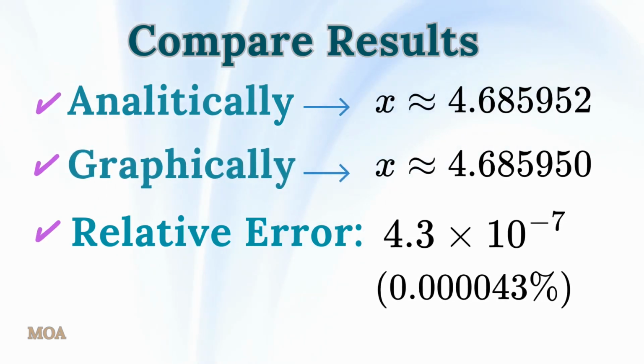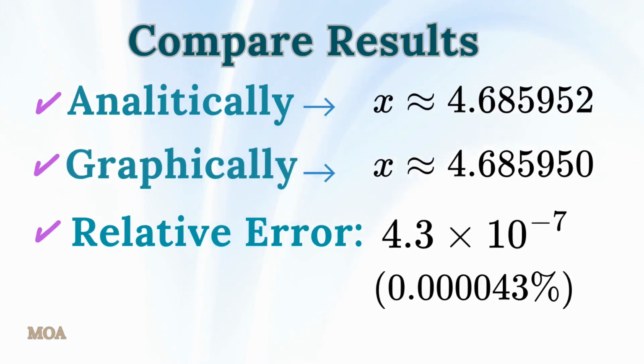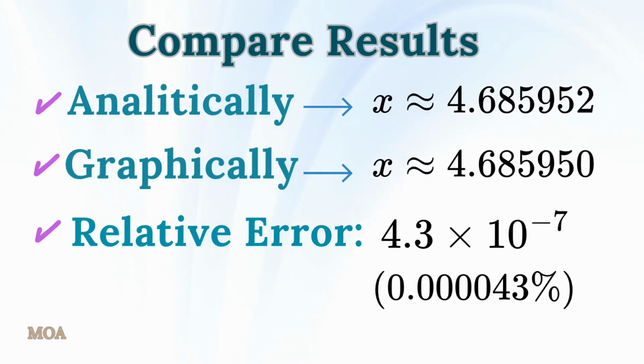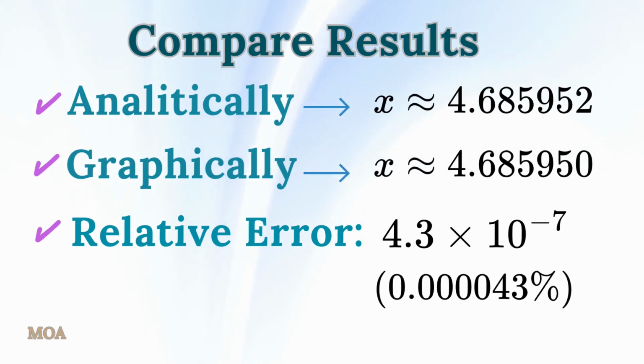The relative error is approximately 4.3 times 10 to the negative 7, or 0.0000043%. This extremely small discrepancy in the final digit arises from the finite precision approximation of the natural logarithm of 3 and the numerical evaluation of the Lambert W function when computing the decimal form. The graphical and analytical values match to 5 decimal places, confirming both the correctness of our result and the rigor